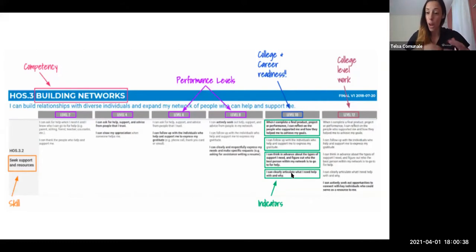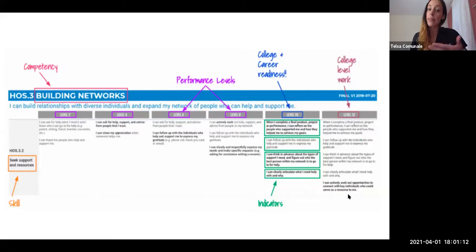So the teacher is watching and observing in that interaction, how they're articulating what they need help with, and if they can explain why. If a student's able to do that, it's like, check, they did that indicator. That's a level 10, right? So all 4 things on there would get a student a level 10 in this competency, in this skill. Then the student's like, okay, well, what if I want a level 12? So the level 12 language is going to get a little bit more complex, and hence you see the feedback cycle is naturally built into what we call continua.